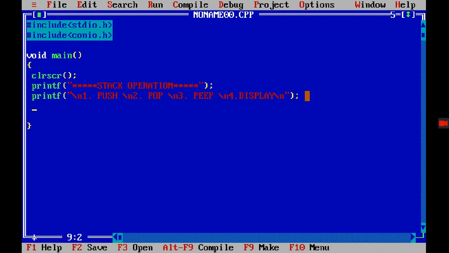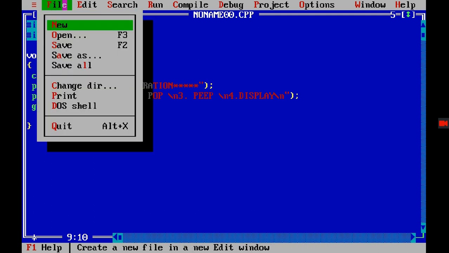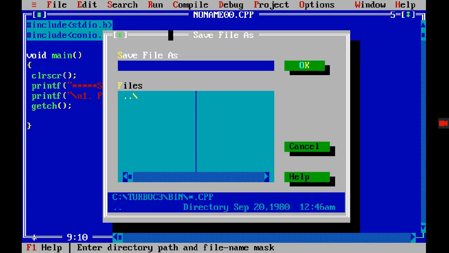Now if I apply this getch, I'll be showing this one by one. I'm saving it as stack ds.